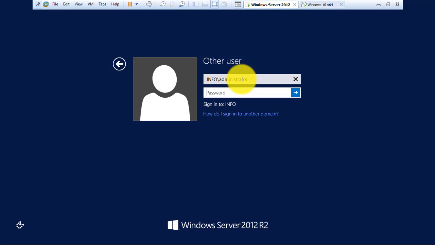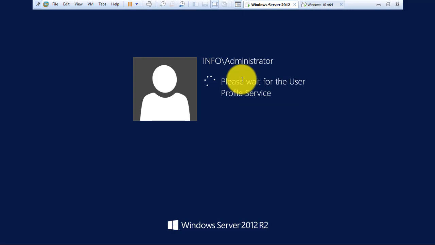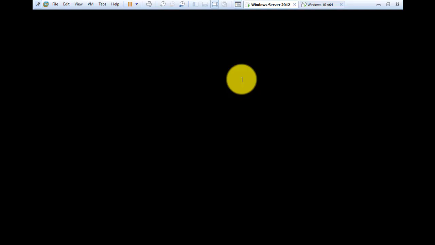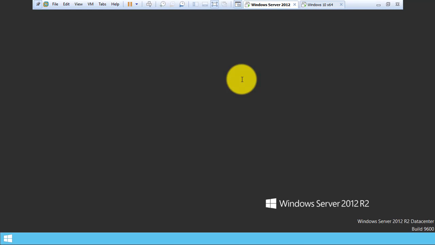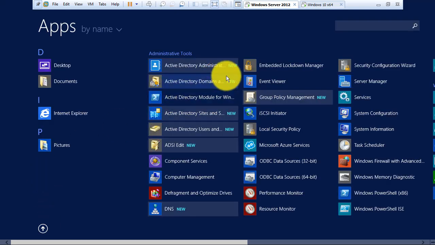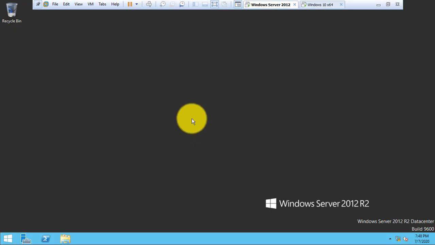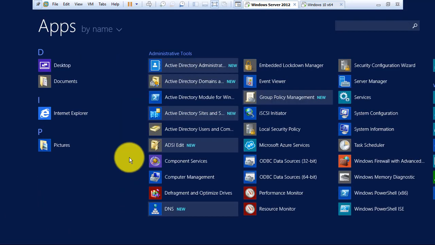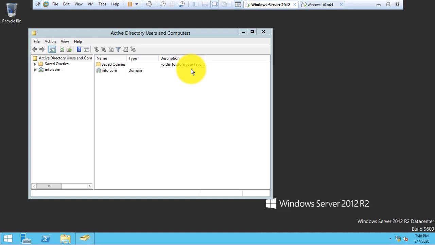Now we are going to log in as a domain administrator. Now we can see these are the tools: Active Directory Users and Computers, and one more tool, Active Directory Administrative Center.